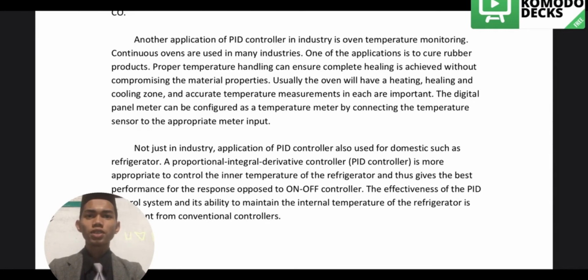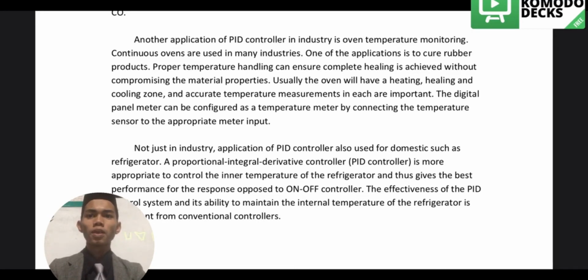Usually, the oven will have a heating, healing, and cooling zone, and accurate temperature measurements in each are important. The digital panel meter can be configured as a temperature meter by connecting the temperature sensor to the appropriate meter